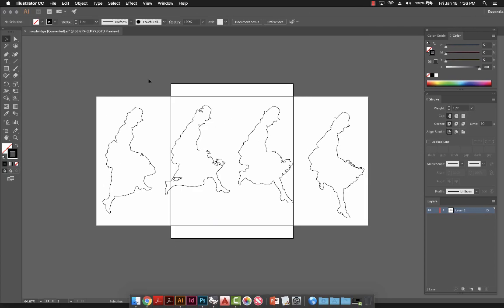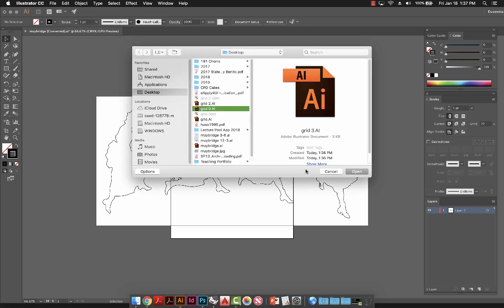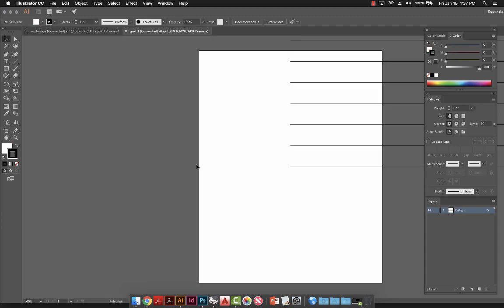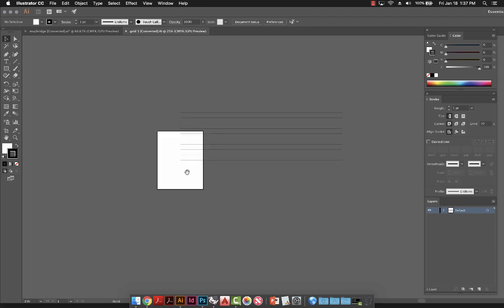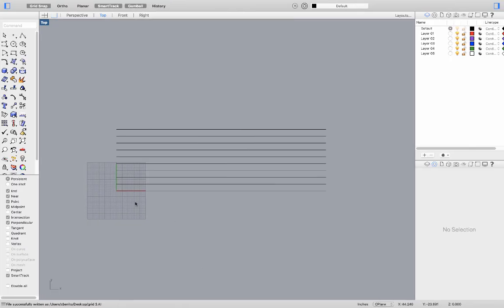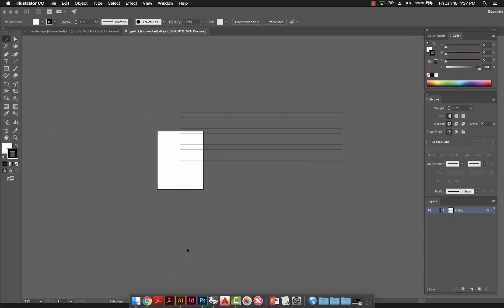Now I'm going to open up Illustrator, and I'm going to open that grid3.ai. And let's zoom out here. And I want to make one more note, and that is that notice in Rhino, our origin point is at the lower left-hand corner of our grid, right? I want you to note where that ended up. That ended up in the center of our artboard here,